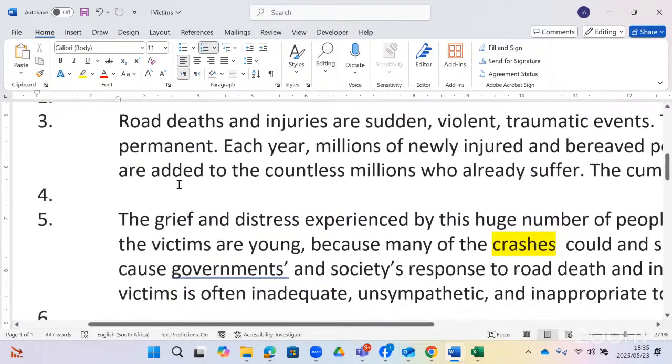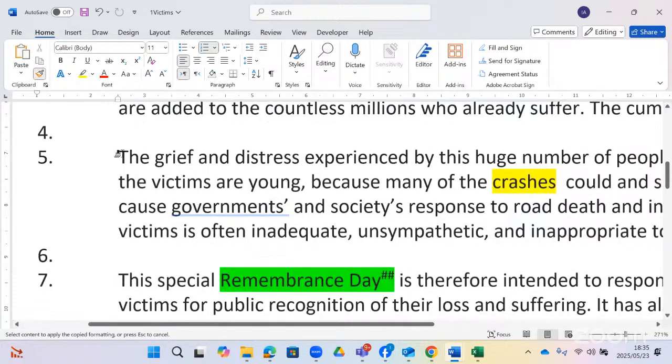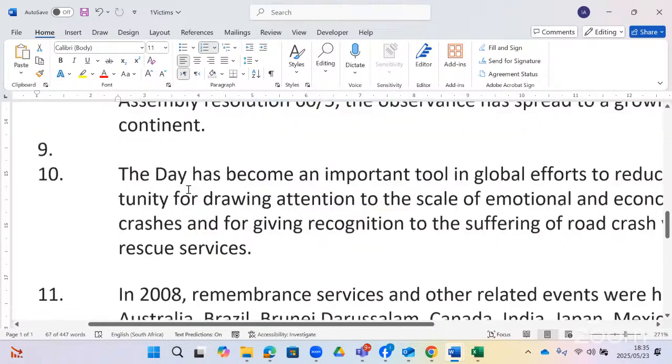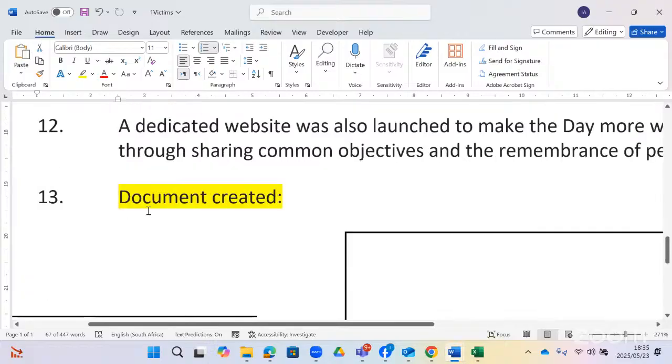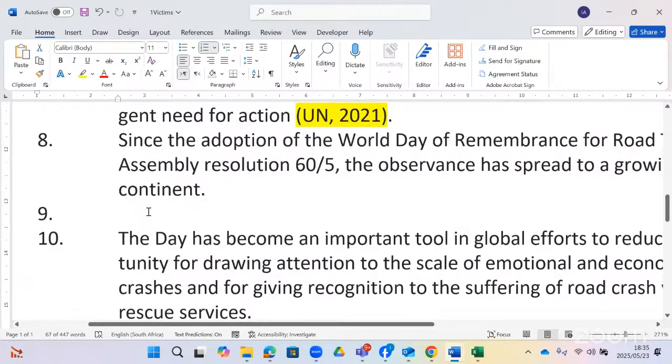Right. So basically, if I go here and I click format painter, then I come and apply it to 5 and 6. It's still the same because it's the same indentation. So I think in this question, the other ones were the ones that were not indented. So you just have to use format painter. So anytime you get a question that says should be the same as the others, make use of format painter. Right. Now I move straight to